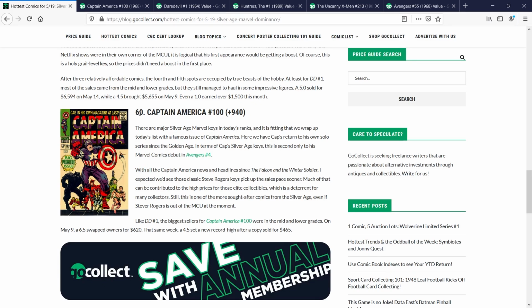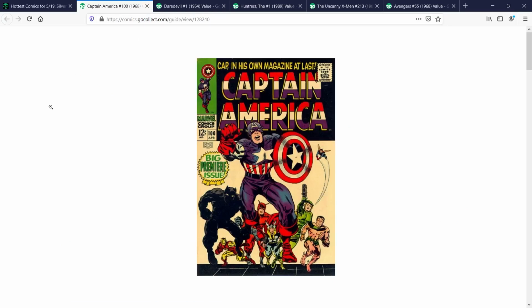This one is Captain America number 100, up 940 spots. And what is the significance of this? Well, this is actually the first ongoing issue of the Captain America series. Now, Captain America, of course, had a very lengthy historic comic book run that would run for many, many years. And when they brought Captain America back into the Marvel fold, they brought him in Avengers number 4, and then he would go on to do storylines alongside Iron Man in the Tales of Suspense run. Well, eventually they would close those runs, and in 1968